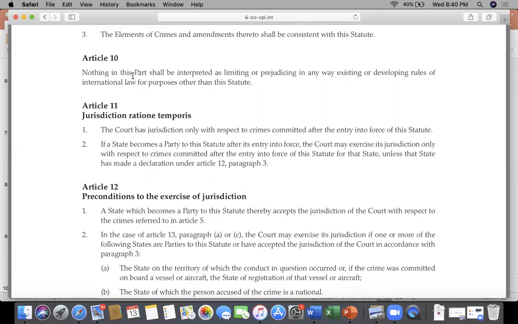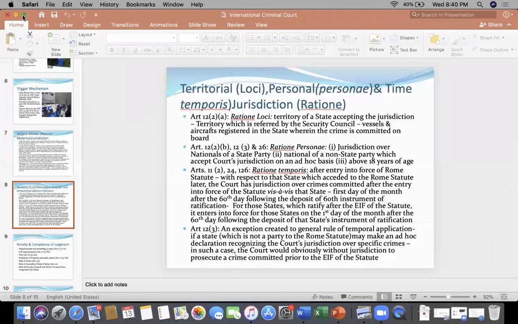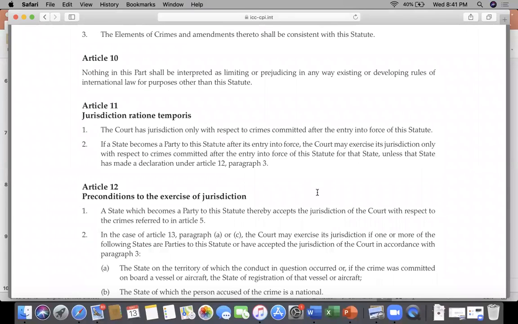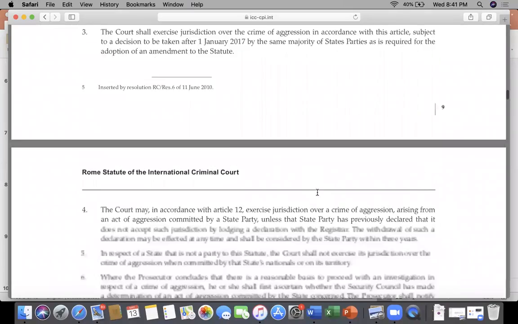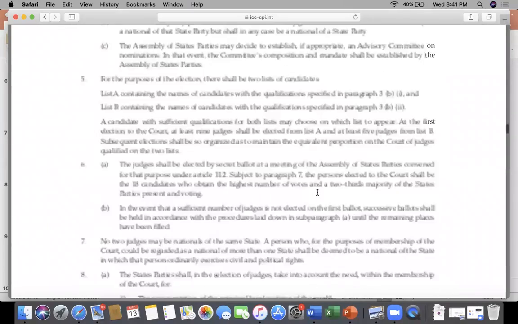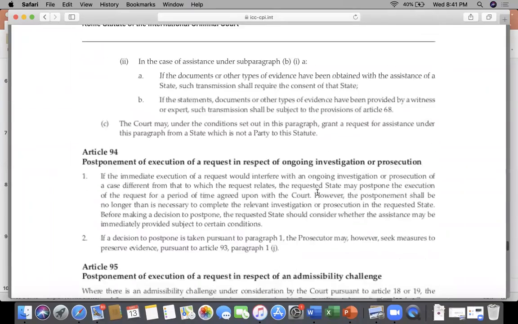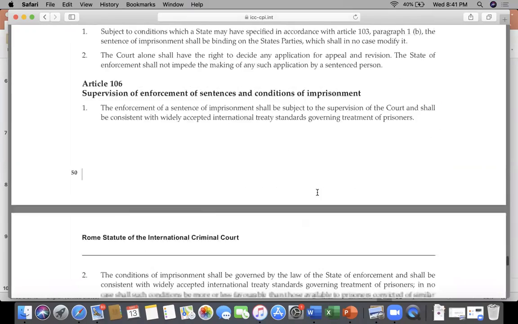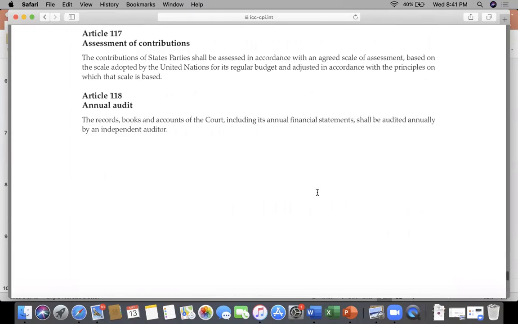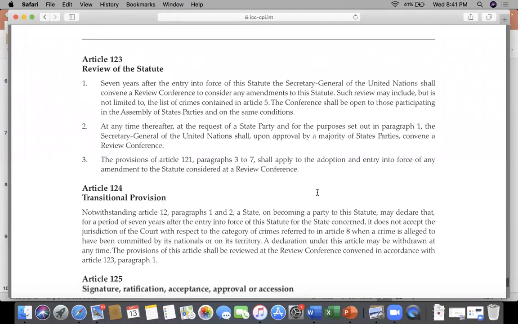It means that for the country in question, if the Rome Statute has come into force, only then will the International Criminal Court have jurisdiction over that country. So ratione temporis means that you have to know since what time ICC will have jurisdiction. And therefore, if you look at Article 126, it further clarifies that